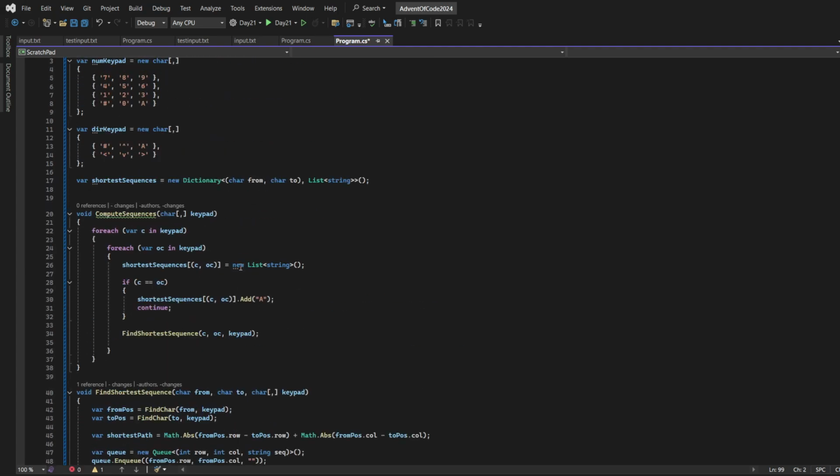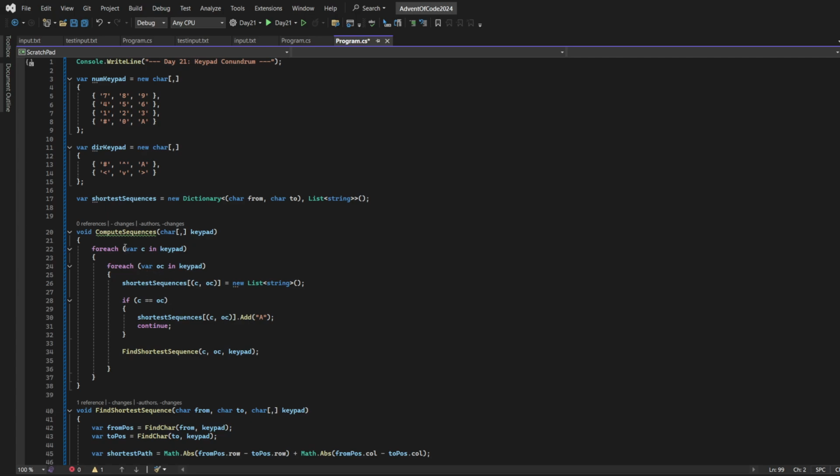Yeah, so let's begin here. So we have these compute sequences. We will send in either of these keypads because it's the same actually. Well, they're not the same, but we will kind of treat them the same. So we will loop through each character of these keypads. So we will loop to the first one and the second one,